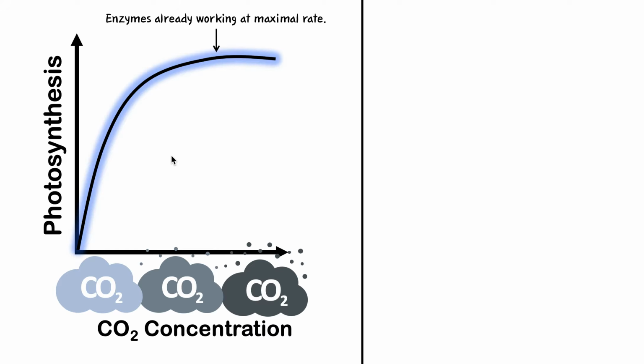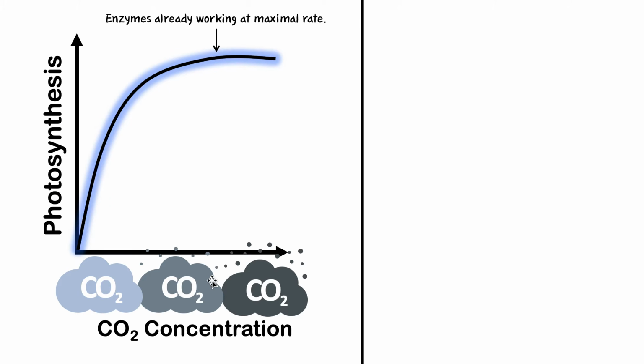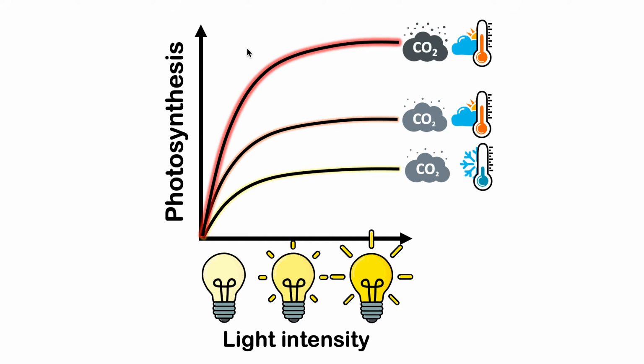So make sure you know how to recognize the influence of carbon dioxide and light and temperature on the rate of photosynthesis. Make sure you can recognize this graph and vaguely explain it for a big question. Okay, awesome. Now let's go to this last bit here before we go on to our last segment.